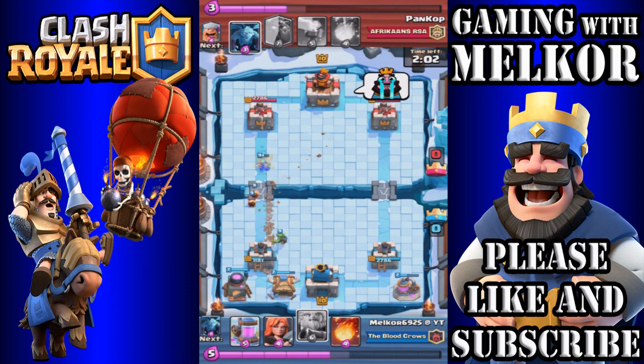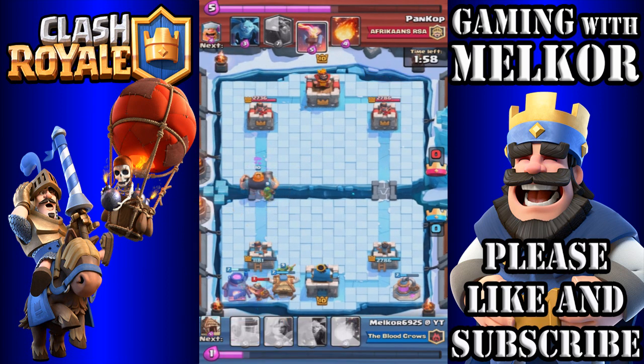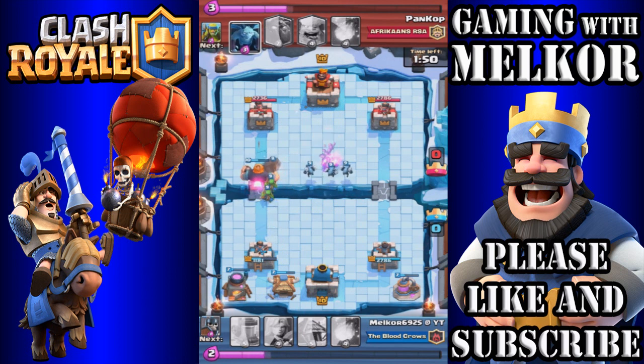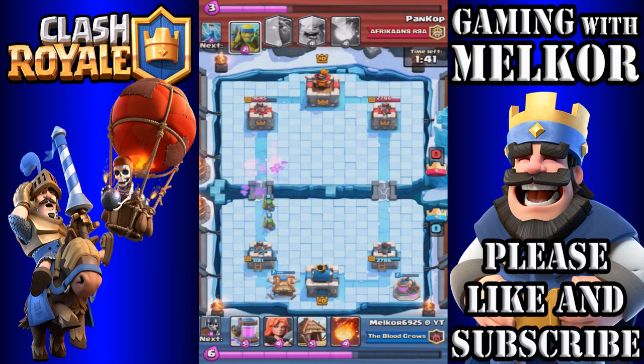So we now have the Furnace down. Our opponent does send in the Miner to attack our Furnace, the cheeky little so-and-so, but we then decided to drop our Royal Giant. Unfortunately, we didn't drop those Minions in time, so the Furnace was able to lock onto that Royal Giant. But combining that Royal Giant, those Spear Goblins, and so on, we're able to start to do some damage to that tower. Get it down to just over 1600, so we're still in a losing position,